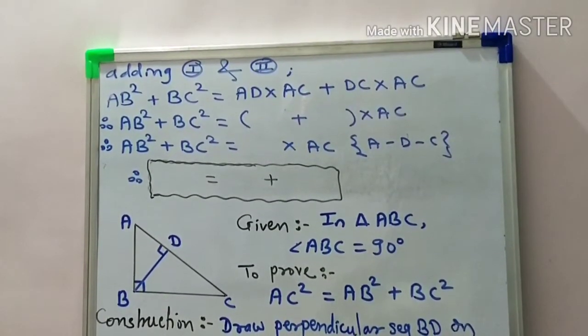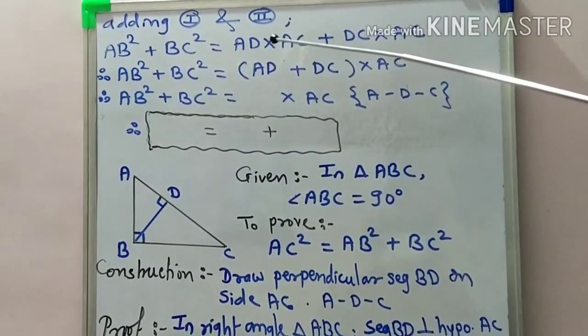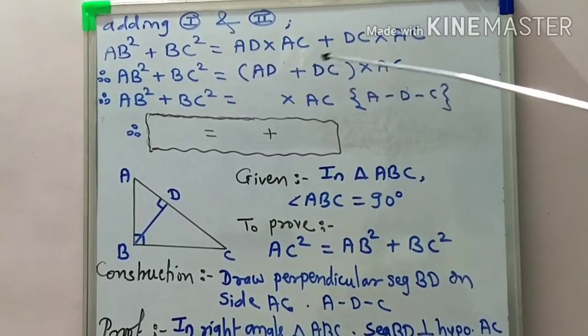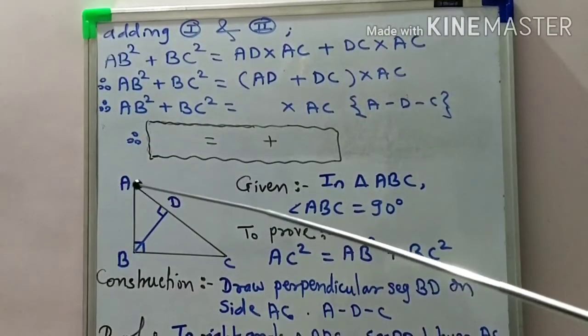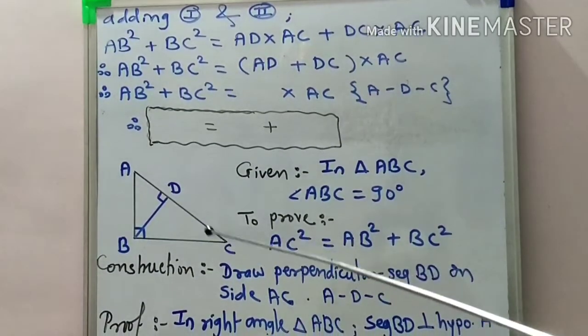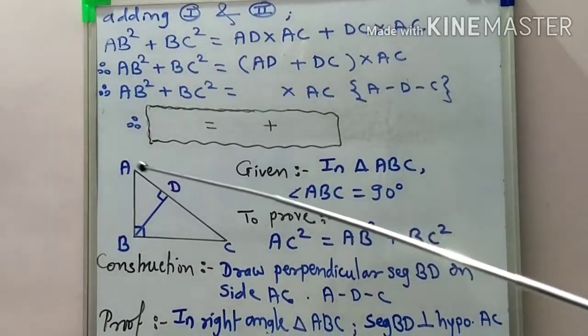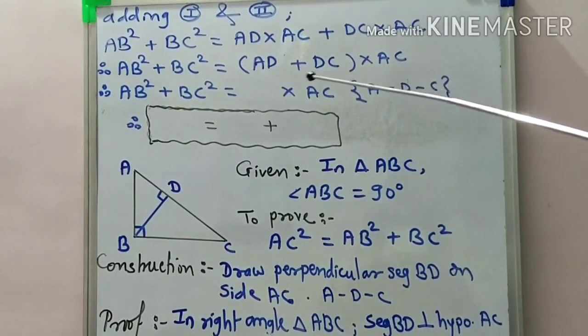So what is remaining from the first is AD plus here DC. Okay, and according to the figure, A-D-C means AD plus DC, which becomes AC. Okay, so AD plus DC is nothing but AC,